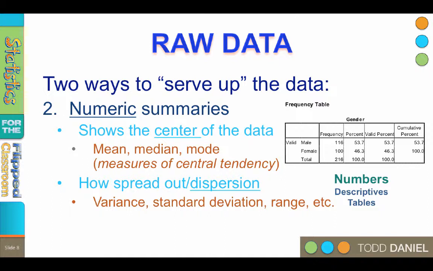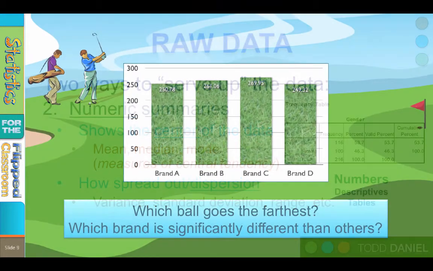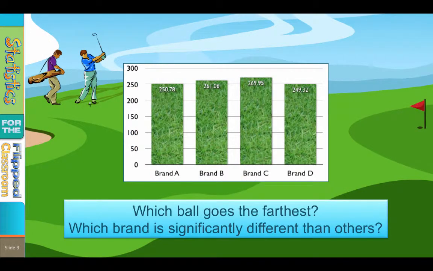So, let's use these techniques to serve up our golf ball data and see if they are easier to understand now. I have created a bar graph with averages printed on it so that we can see our data more clearly. Now, what is the best golf ball? It probably took you very little time to determine that brand C flies the farthest. And you can use this data to make an intelligent, informed decision about your golf ball buying habits. Yes, brand C flies the farthest,